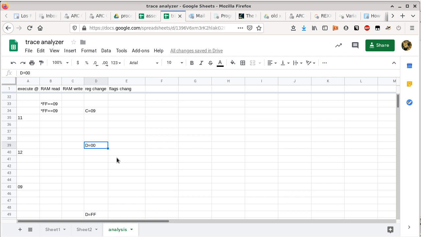And then at location 12, because it's in hexadecimal, this is the JMPC instruction. In other words, we are basically just copying whatever register C has, which is 09, to the program counter. That's why the next location we execute is location 09, because the program counter points to the RAM location where we should fetch the next opcode. By changing the program counter, we change the flow of the program directly. Is that okay? So when we get to location 09,